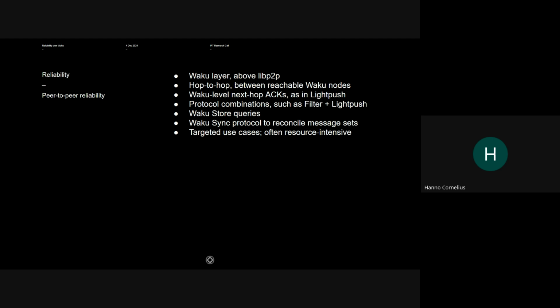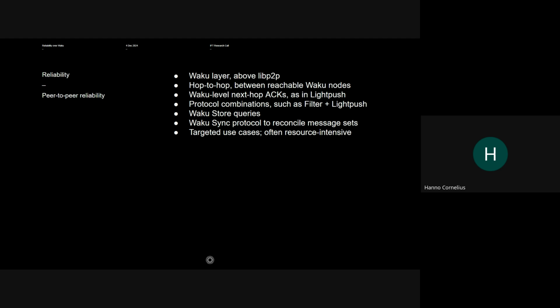Very much related to that is a brand new protocol, which SP is developing and has developed to a large extent, which is called the Waku Sync protocol. Think of it as almost like a CRDT layer, which is established over Waku, conflict-free replicated data type.